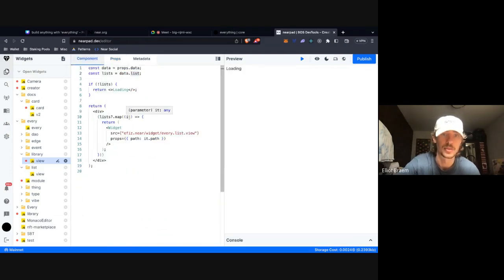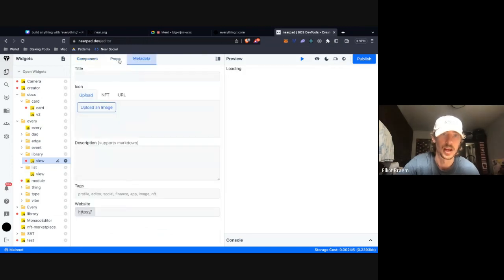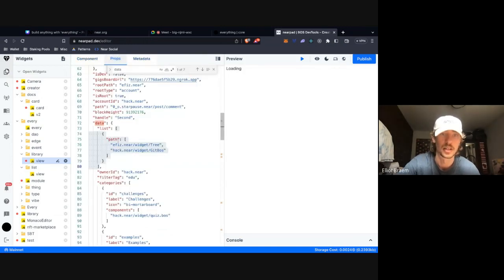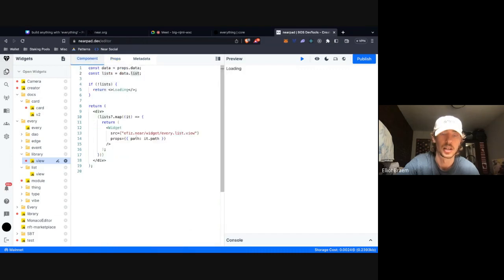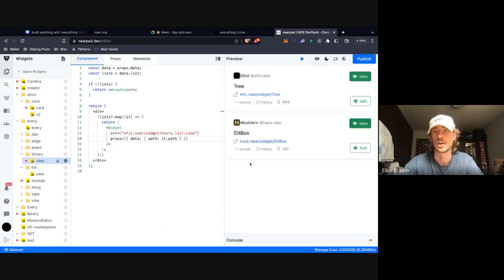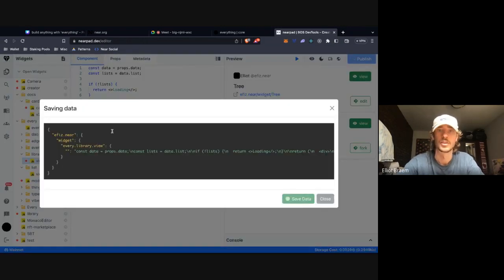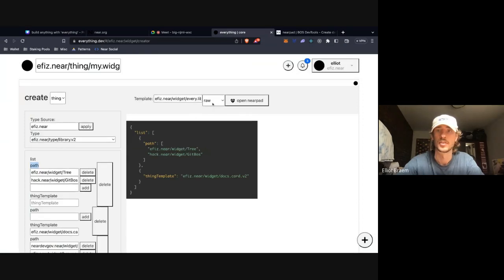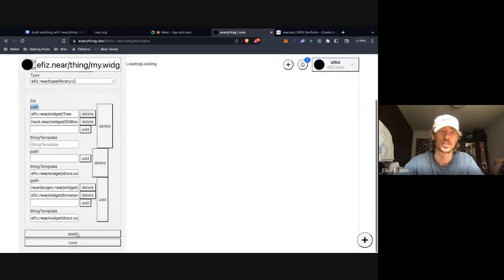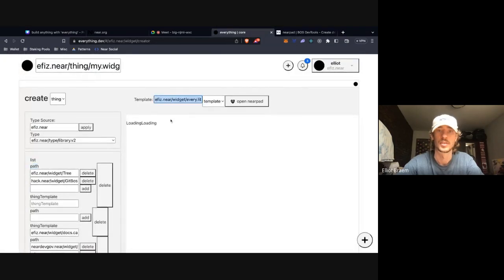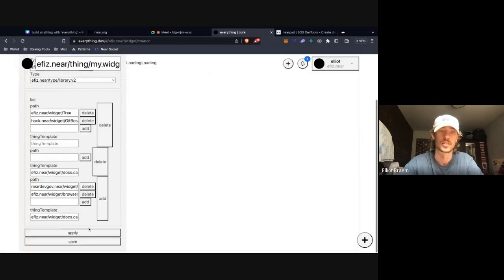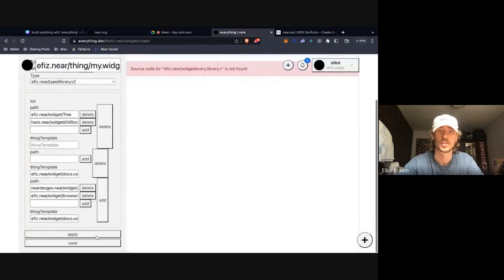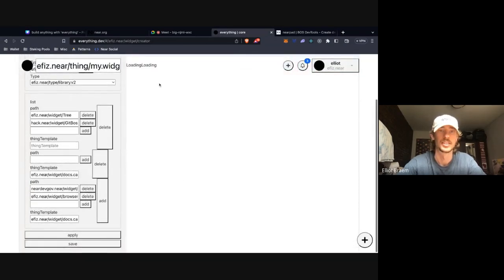But we're going to map through each one, each object, and it's going to be it.path. Oh, you're saying it should be data. There we go. Damn.